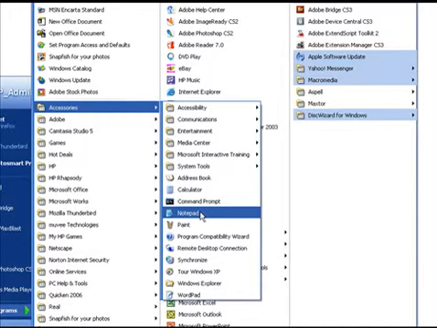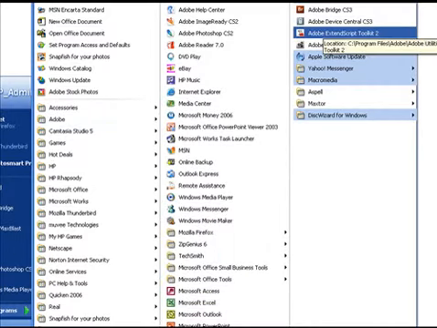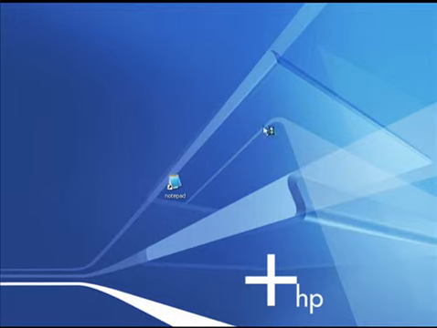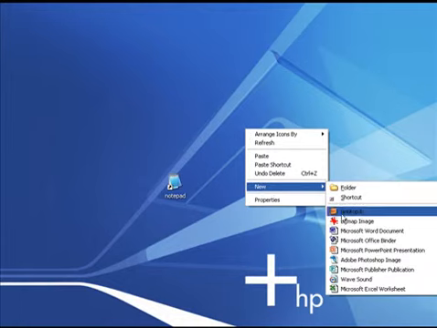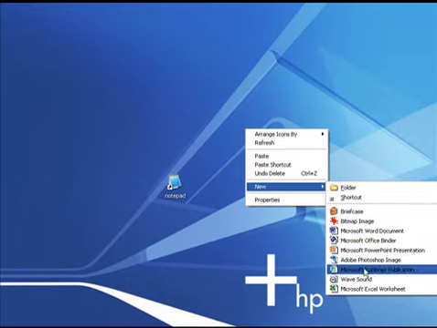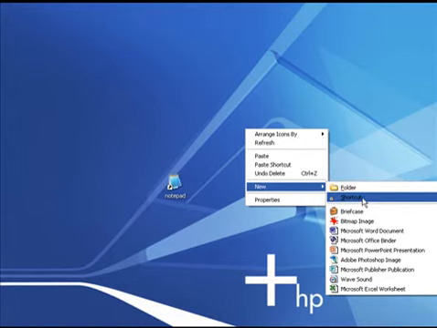Now, one thing you can do, or at least it's what I do anyway, because I don't like to go through this process each time just to get my Windows Notepad, is I can right click on my mouse on my desktop, anywhere on the desktop, go to New. What I do instead is, right here on my desktop, as this little arrow points out, this is a shortcut to my notepad. You can do that by right clicking on your desktop, going to New, and then left clicking on Shortcut,